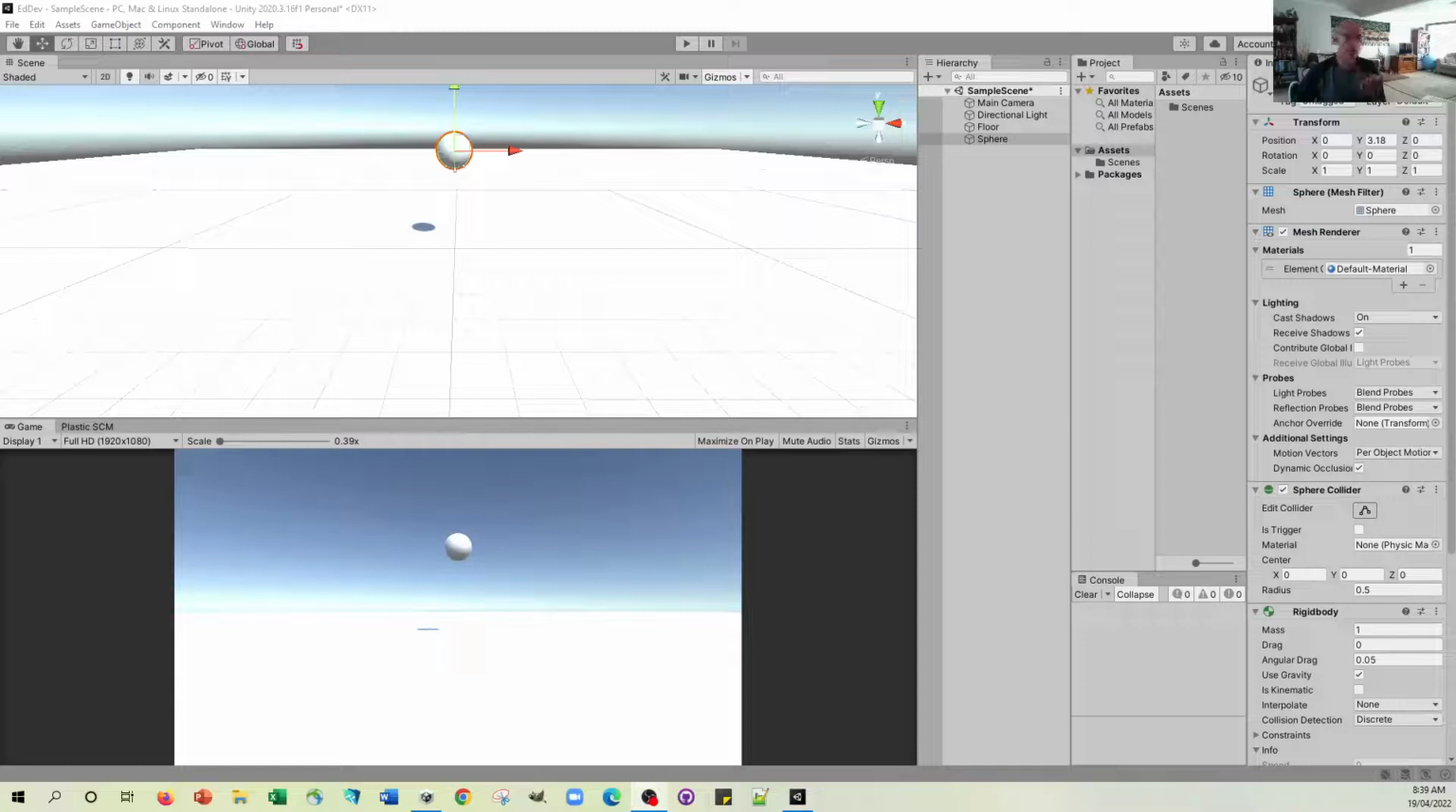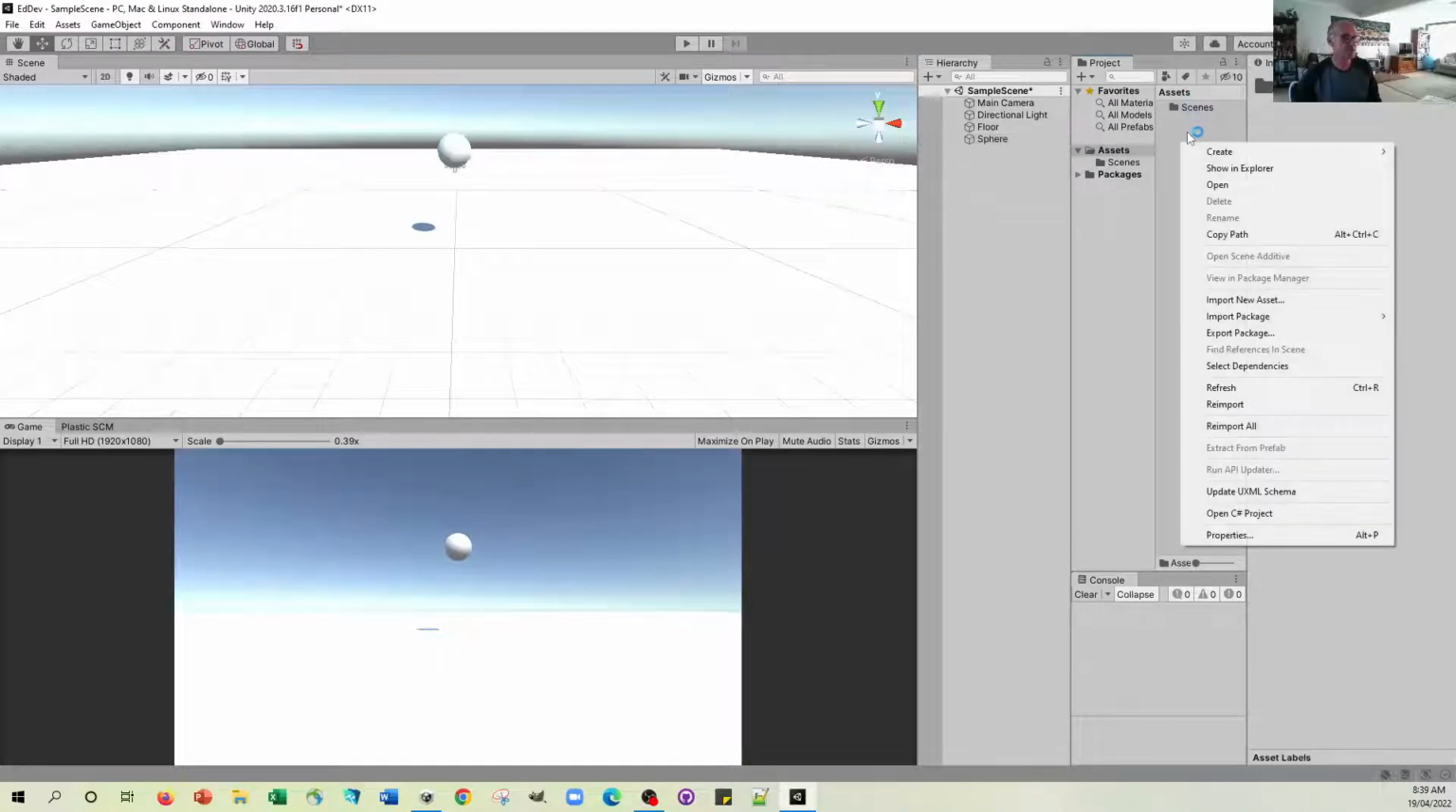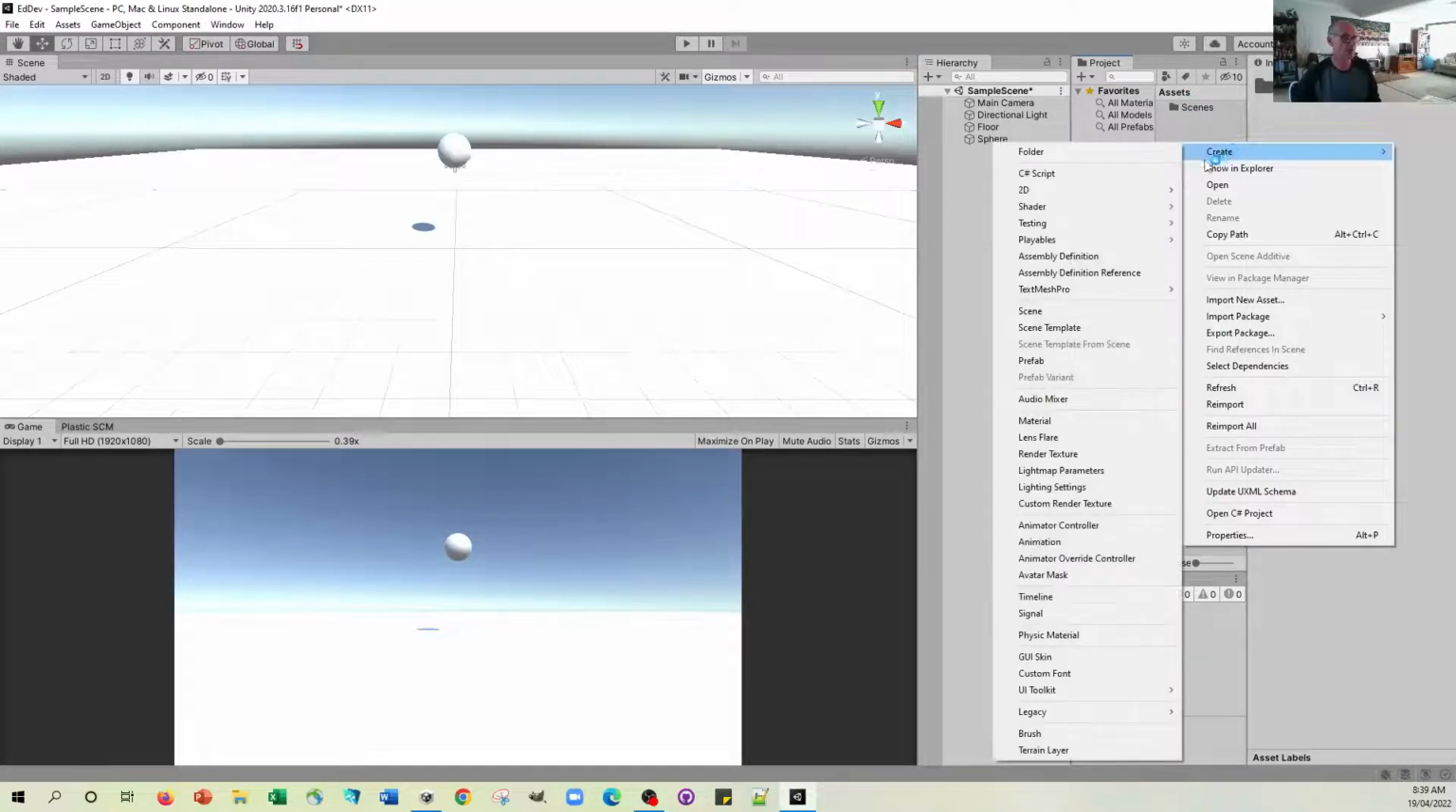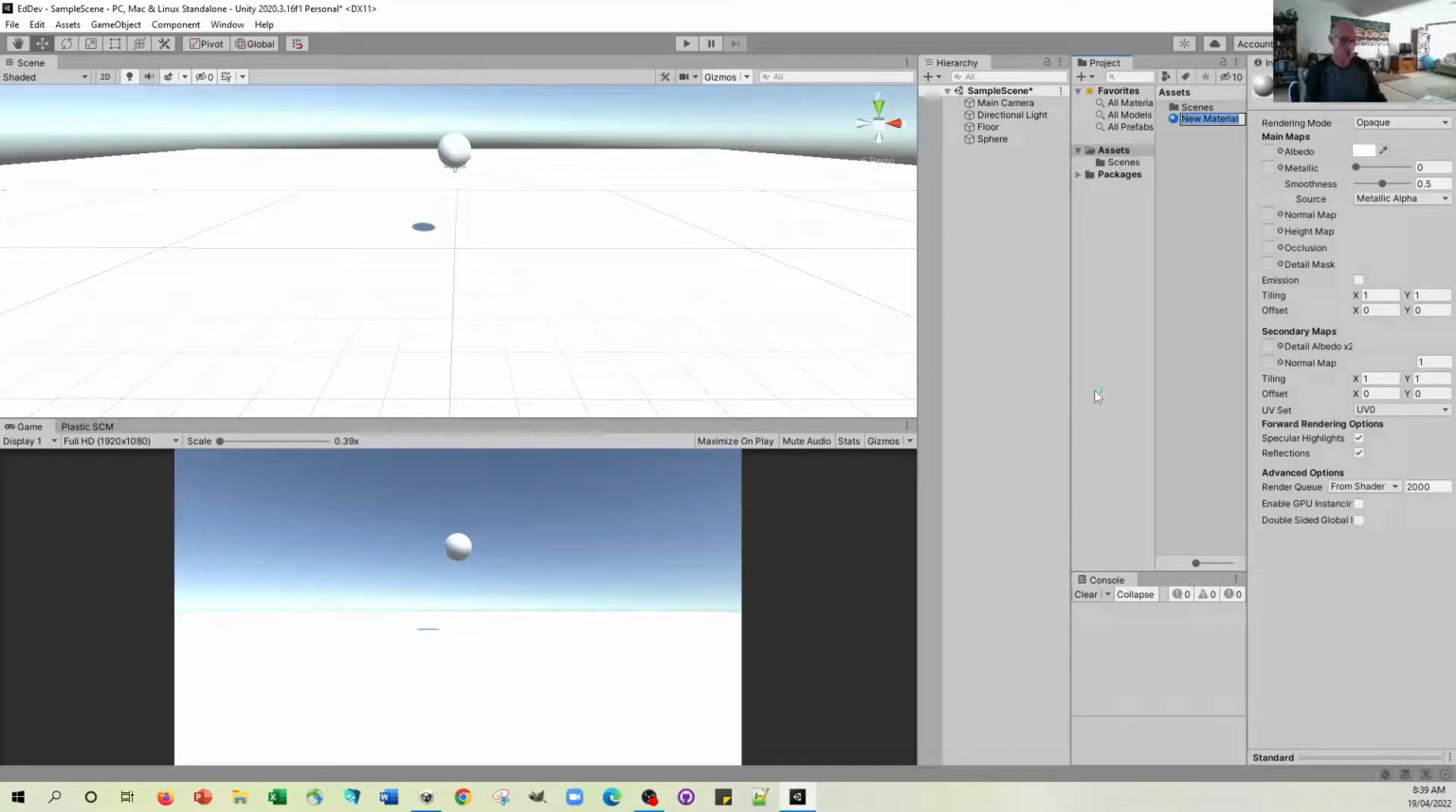So what I want to do is make it so that it's a little bit easier to see the ball and the floor. So I'm going to create a material that I can apply to the ball or the floor to make them a little bit clearer. So in the assets folder, I'm going to create a material, and I'm going to call this material